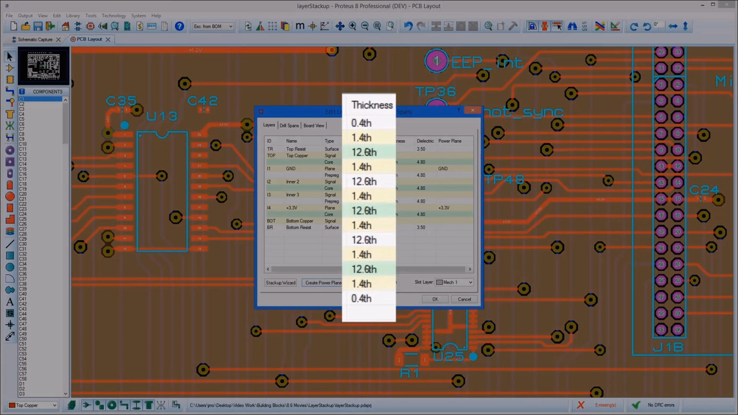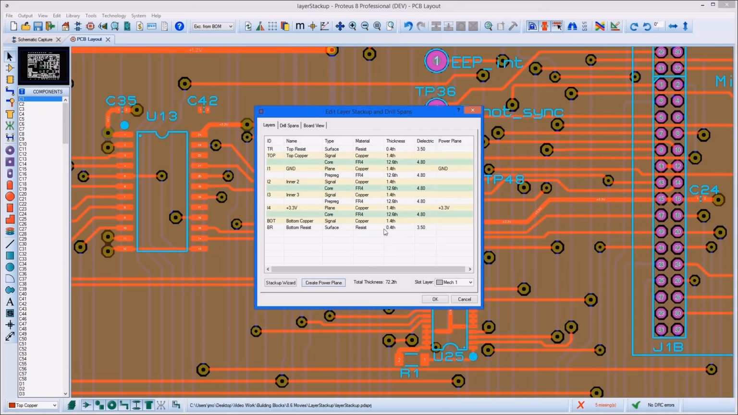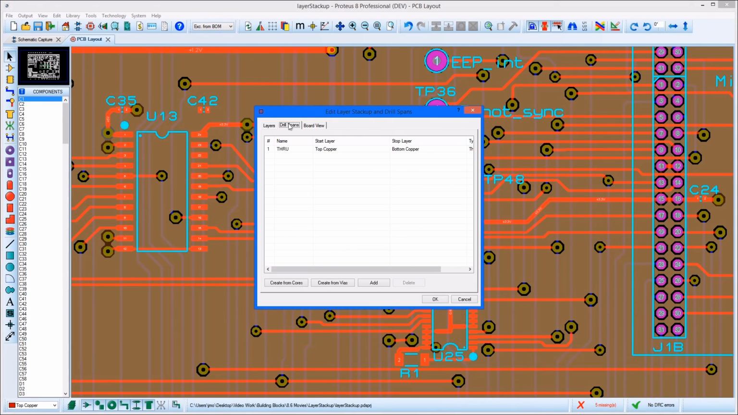The thickness of the layers is used to calculate via depth when length matching tracks. The drill span tab is where we specify what drill passes will be made when the board is manufactured. The default is through hole only, but you can create a set automatically from the Stackup or manually by adding